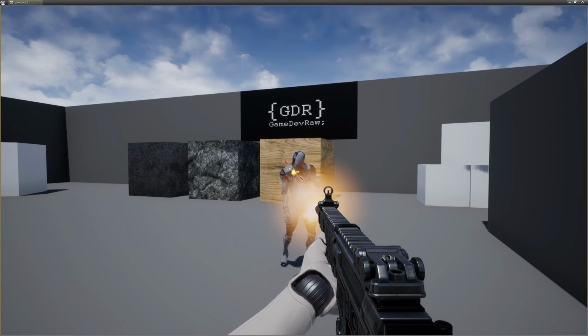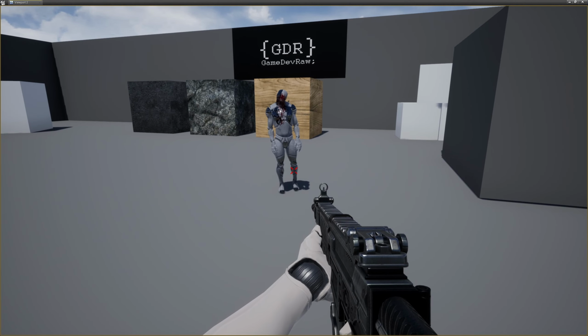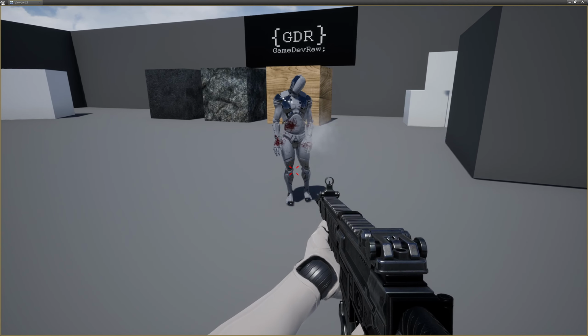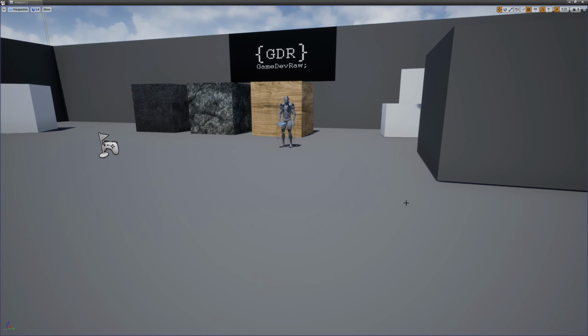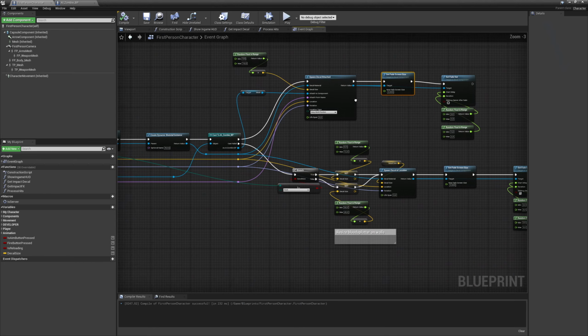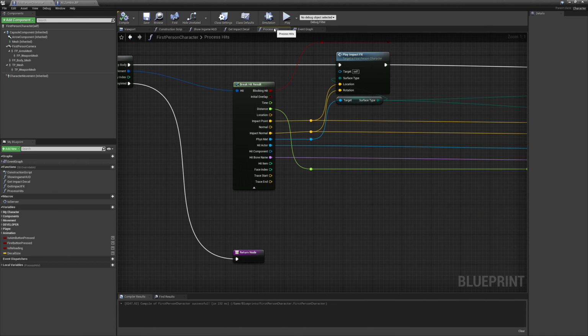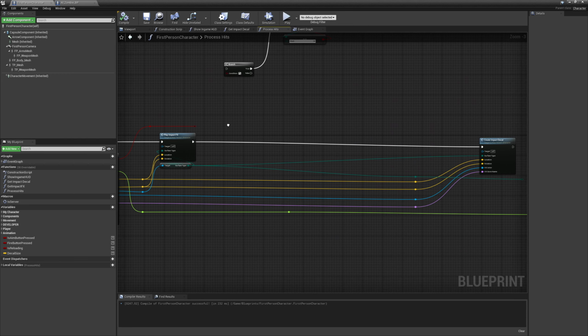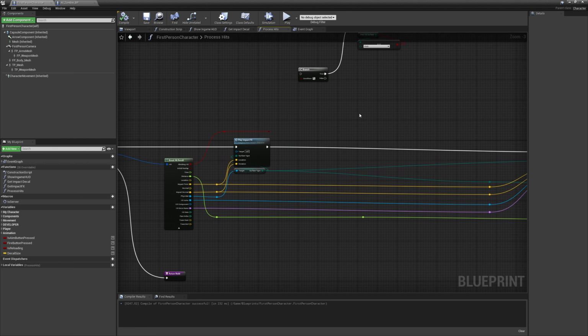So there we have our blood impact decals. So that part is working. Now how do we make sure that we get a decal blood splatter on the enemy behind them? For that we're gonna go to the ProcessHits function. And then before I create my normal decal, I'm gonna get a branch in here, and I'm gonna check if